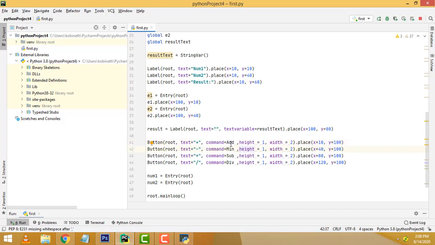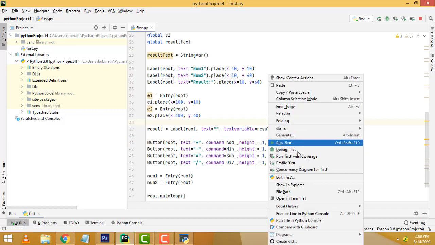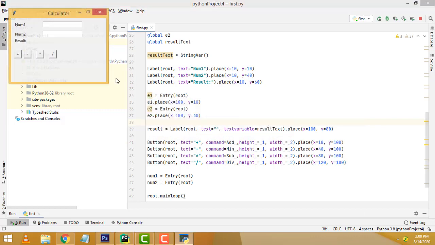This looks like some VB, right? VB also has the command there. So here also, if you click on the button, what happens is, this command we have to write: add, minus, subtraction, out. We also have to set the height and width of the button. This is the place where your button will be shown, right? Which place should it be shown in? We have to give the places, X and Y.